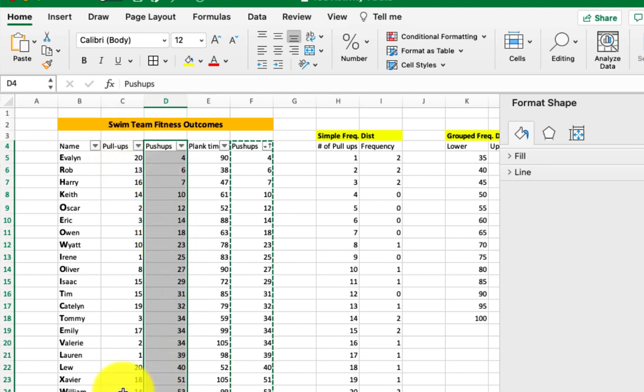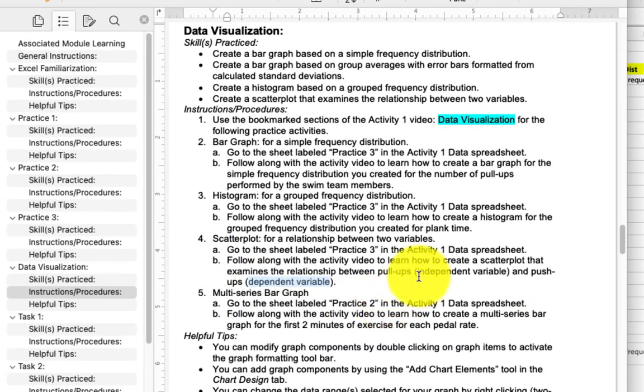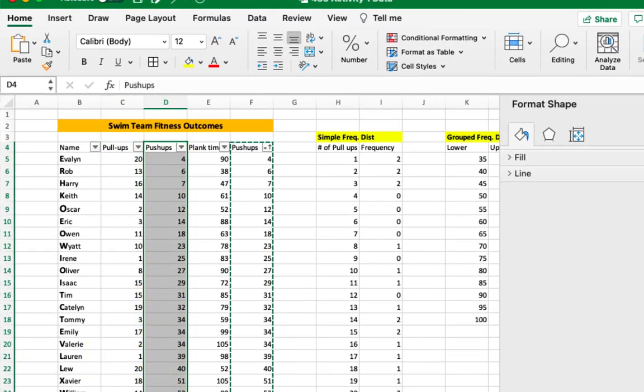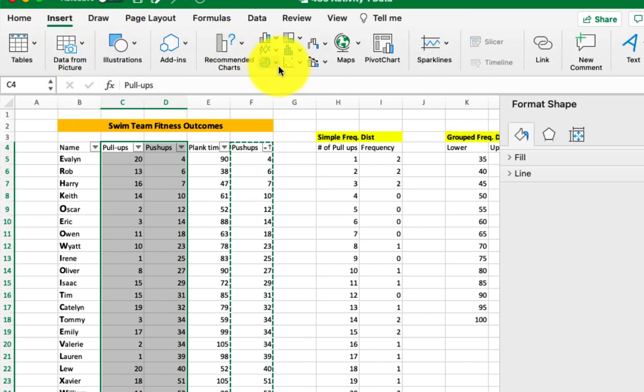And this organization is now set up for our scatter plot, right? Because we said pull-ups are the independent variable, push-ups are the dependent variable, and I want independent listed first, dependent listed second. Because Excel will automatically say pull-ups will go on the x-axis, push-ups will go on the y-axis. From here, we can just highlight these two columns of data, go to Insert,